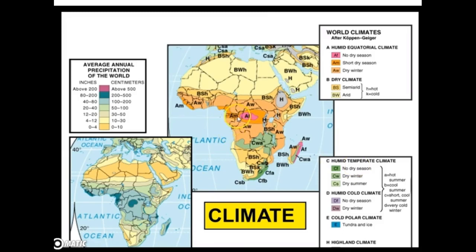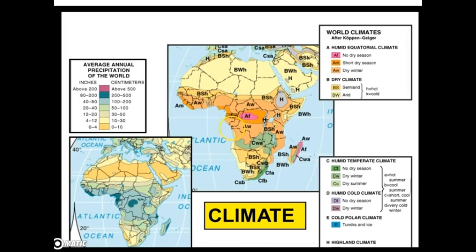Because Africa sits astride the equator, we have a nice pattern of climates with rainy, humid equatorial climates, the Af climates shown here, bordered by a short dry season climate, bordered by a dry winter climate. These are the true tropical climates, again alternating either side of the equator. Semi-arid, this is a steppe or a grassland that is found. This is actually a region just to the south of the Sahara Desert called the Sahel,